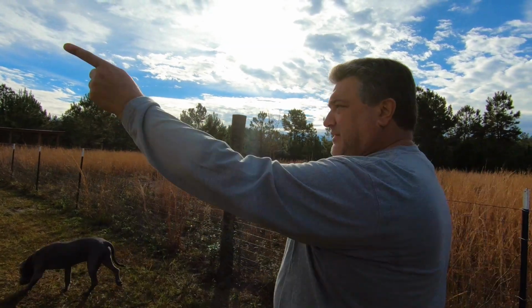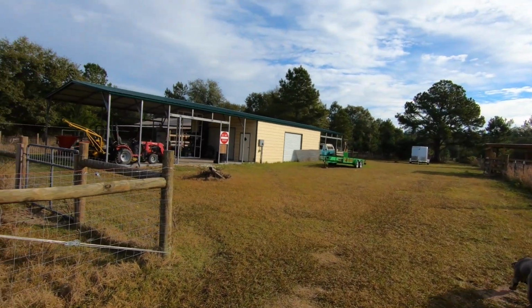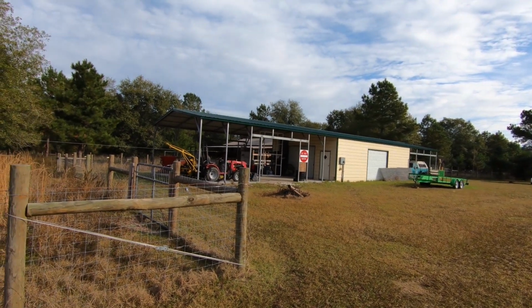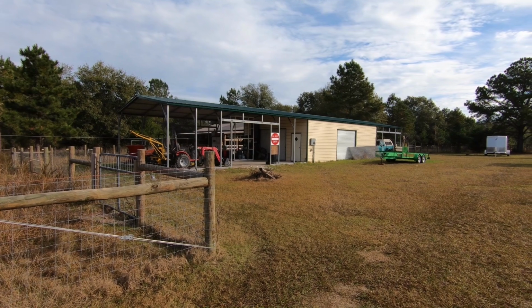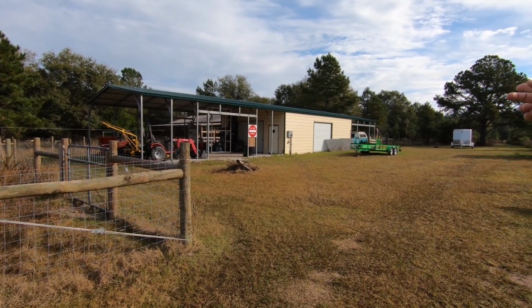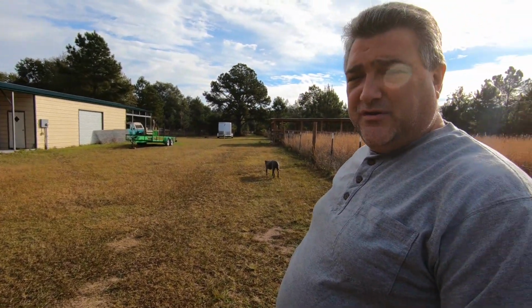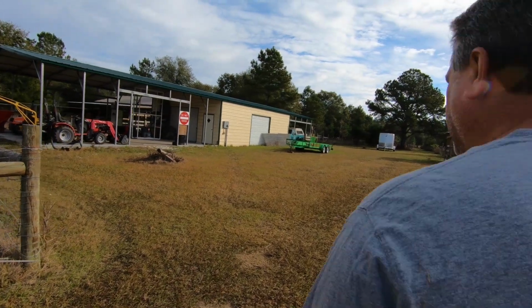So this building over here, this metal building, this is the first building that we ever built on the property. Shortly after we purchased it, we had this built, and then we ran electric to this on a separate meter from the house, because this was built a full 2 years before the house was ever built. So all of the work that then got done, basically this was work central. So all the tools were staged here, all of our equipment was here,